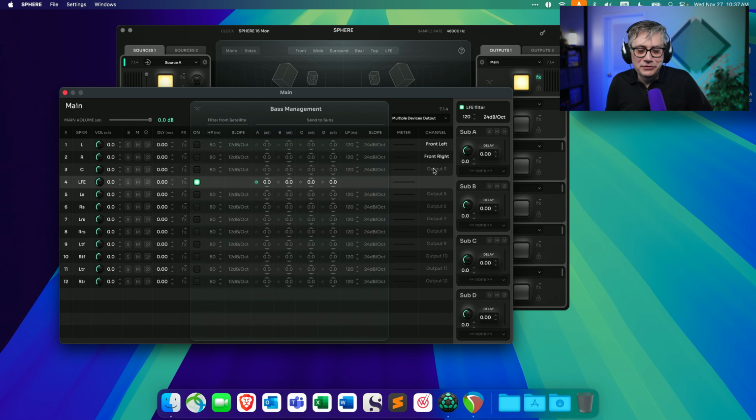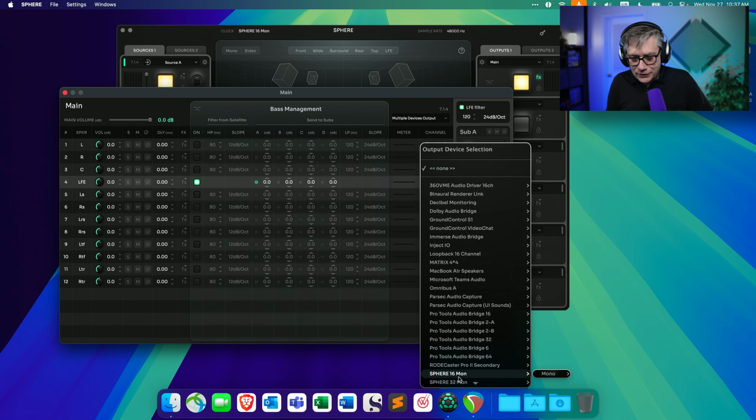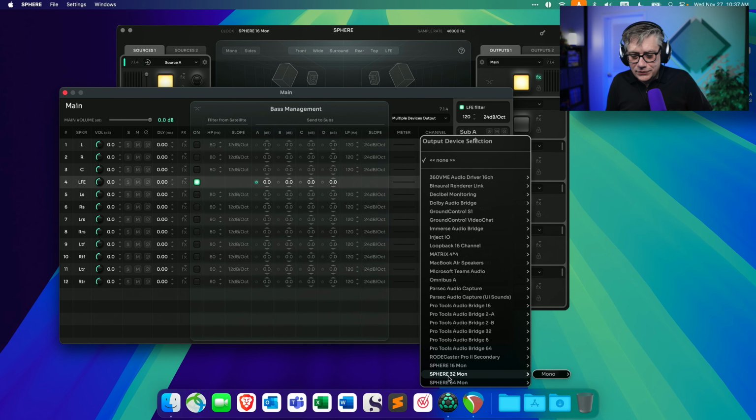There are a couple of different options that you can use. You can use any virtual device, really. You could, for example, use one of the Sphere devices, such as Sphere 32. What I'm going to do here is use a loopback device. In case you're not aware what Loopback is, it is a nice little piece of software from a company called Rogue Amoeba. Very weird name. I'm going to leave a link in the description. It allows you to implement virtual devices. I just set this up as a 16-channel virtual device. That's not going anywhere, but I just need to assign that to my output so that this works.